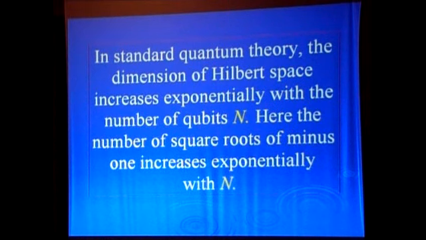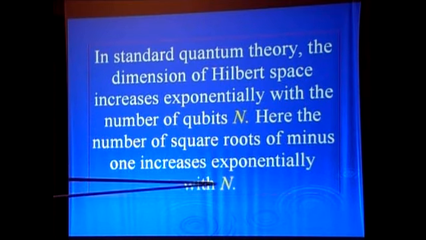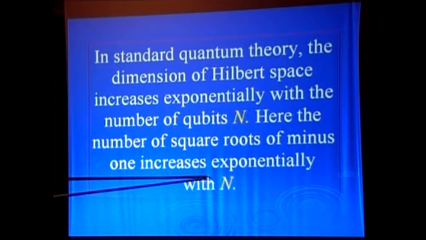So one thing is the number of these square roots of -1 increases exponentially. So the number of my square roots of -1 permutation operators increases exponentially with n. And again, just to remind you, that's how the dimension of Hilbert space goes with the number of qubits. What I want to do is in some sense,